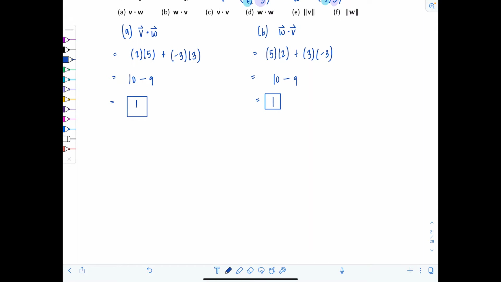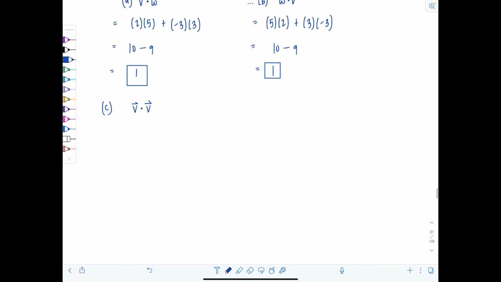All right, part C is asking us to find v dotted with itself. All right, so since you can't see v, I'll just rewrite it here. So v is 2, negative 3, and then I'm going to dot it with itself. Notice when you're writing a dot for the dot product, make it a heavier, more solid dot so we know it's different than the normal multiplication symbol that we use